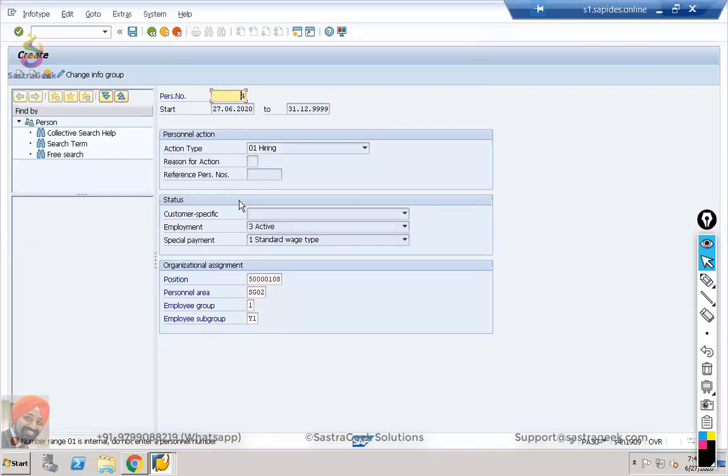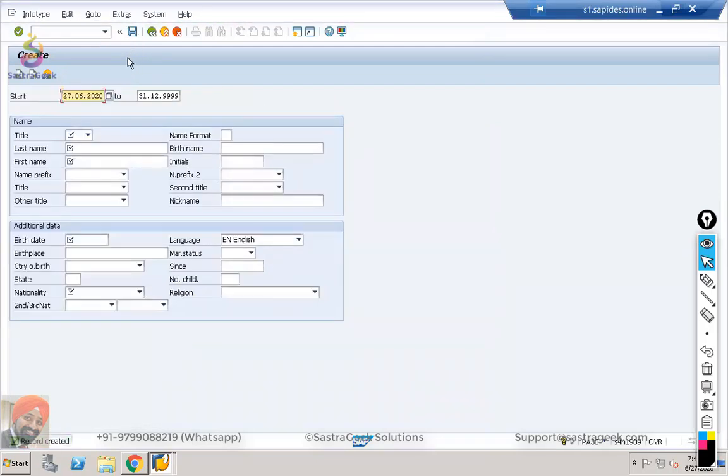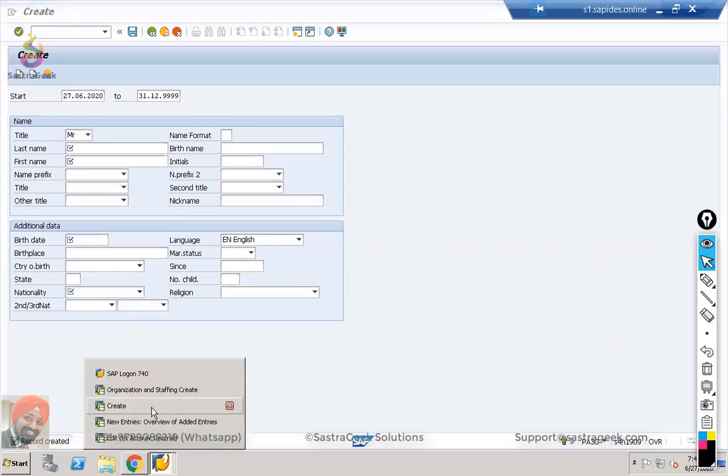Now it says the number range is internal. System has automatically given a number 4. And this is my position which I am linking it to. Then I will save my entries. Now it asks me to give some personal information. I'm putting Mr. So I would be adding one user ID here. So I am going to use the same. So I will go ahead in